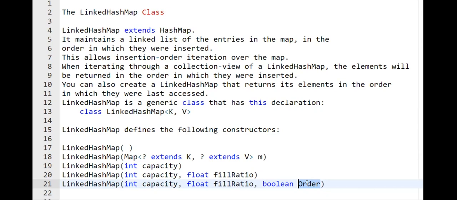LinkedHashMap adds only one method apart from those methods that are present in the HashMap. That is removeEldestEntry. The removeEldestEntry method takes a Map.Entry as a parameter. It is used to remove the eldest entry in the map.